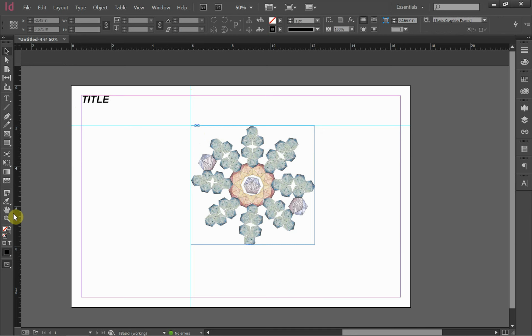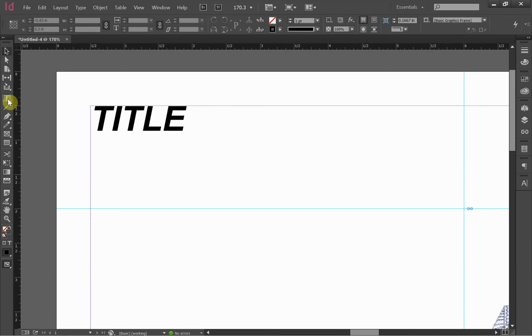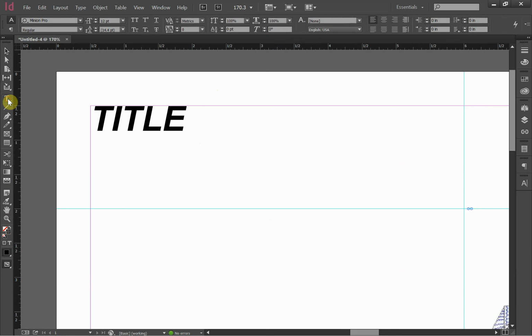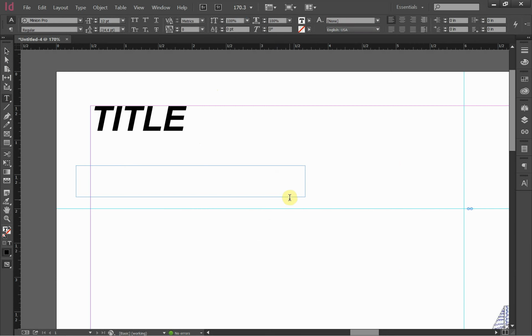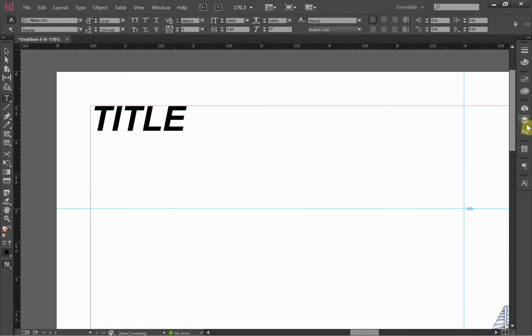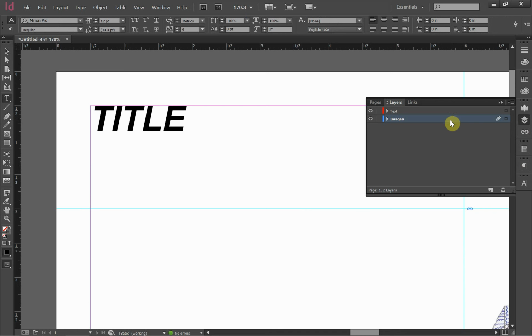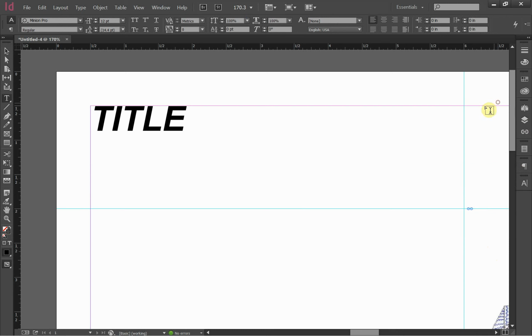All right, so let's add some body text here. Now, I don't always have to make a new type tool rectangle. I don't have to drag out a new one each time. Let's see, what layer am I on? I'm on images. So I want to be on my text layer. I think when I clicked on the image, it just defaulted to that layer. So I want to be on my text layer. Now I'm not going to make a new text box. I'm going to click in here and hit the return key, and I'm going to start to type in